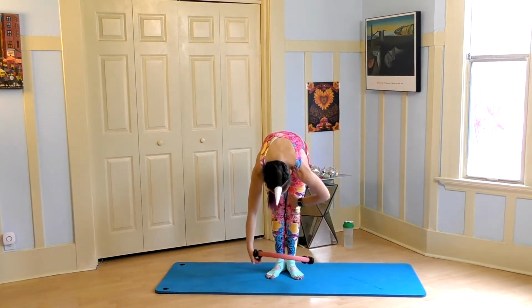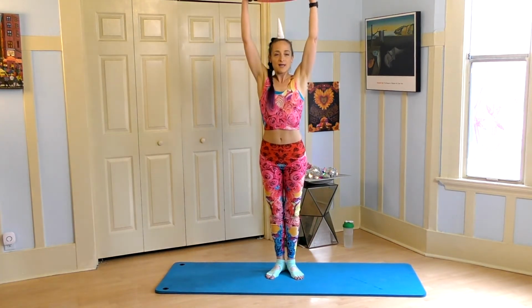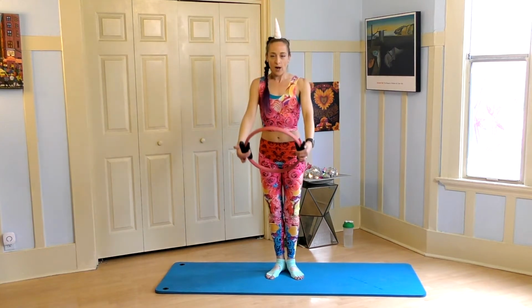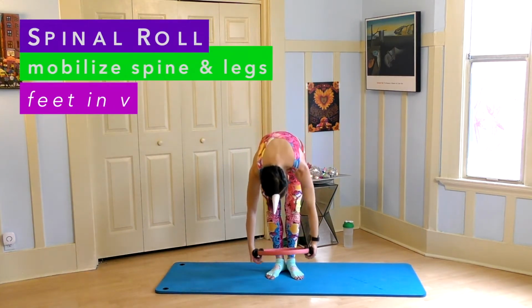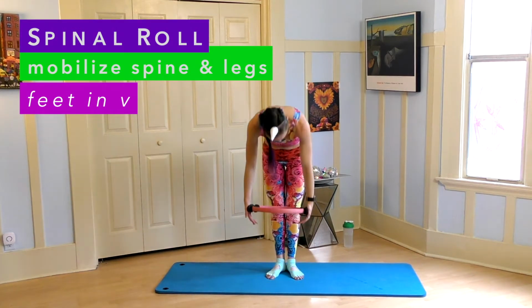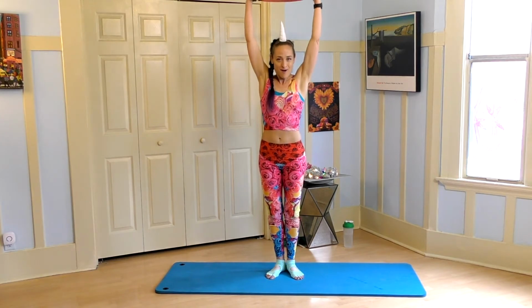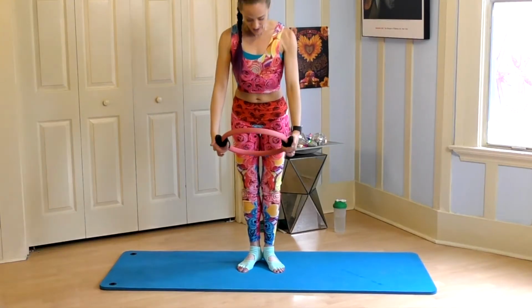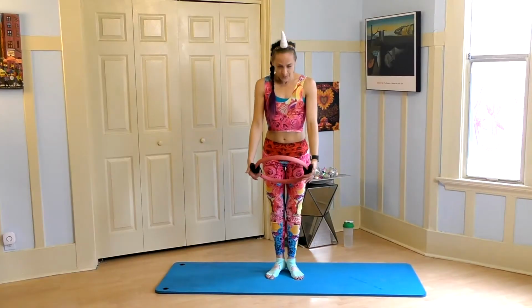Keep most of the weight in your toes. You can soften the knees a little bit. Roll back up one vertebra at a time. Chin to chest, upper back, middle back, lower back, middle back, upper back. Raise those arms, lower them. Now,